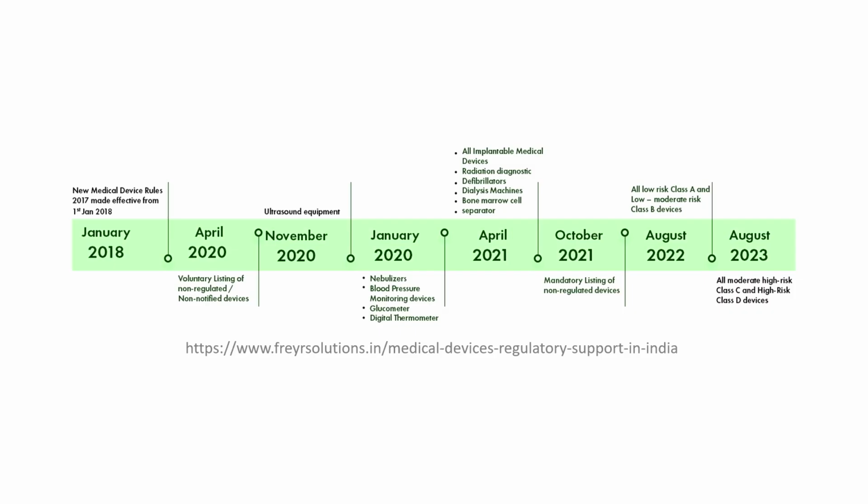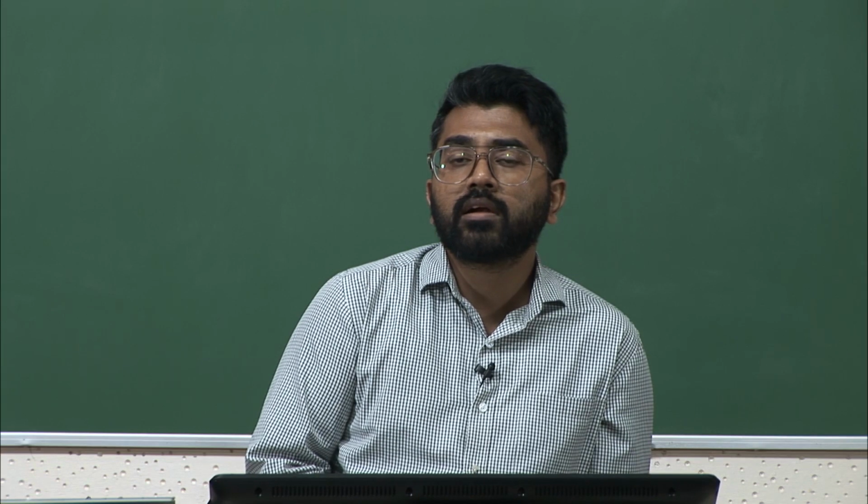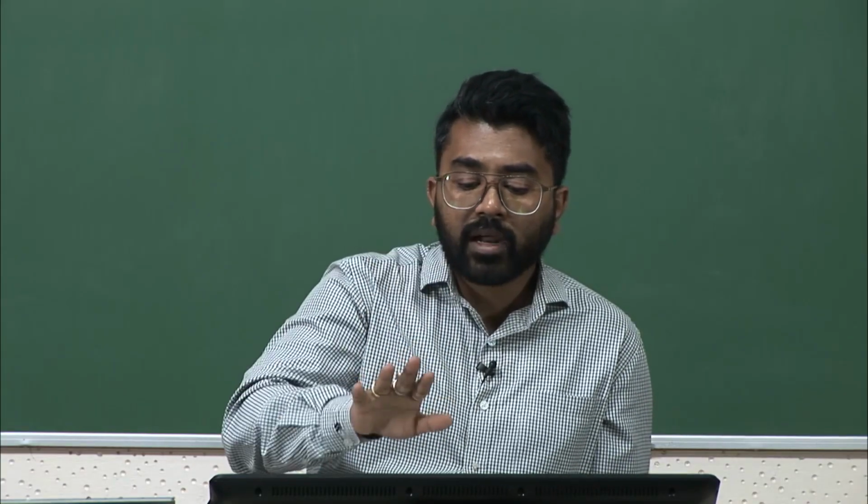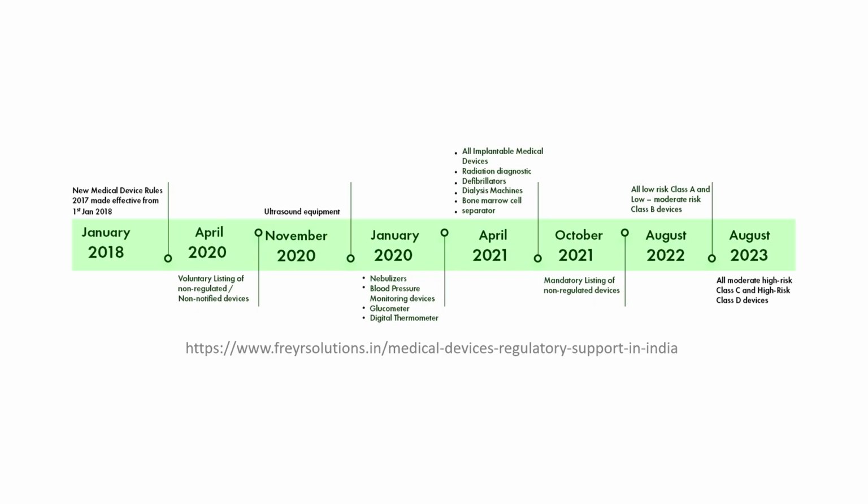Every person, every small little medical device industry or every pharmaceutical based startup, they were all trying to build masks, sanitizers, digital thermometers, glucometers, and that had a huge implication on the quality. They were not giving the right results. So, that is where these medical device rules were applied for nebulizers, blood pressure monitoring devices, glucometers and digital thermometers. So, if you are trying to build any of these devices, they have stringent regulations now.